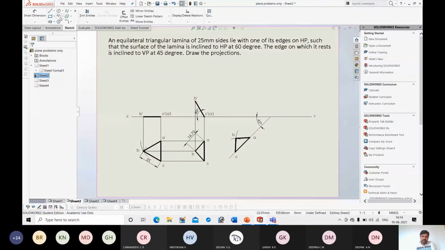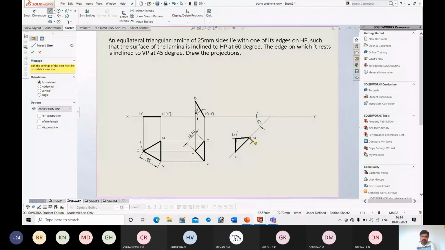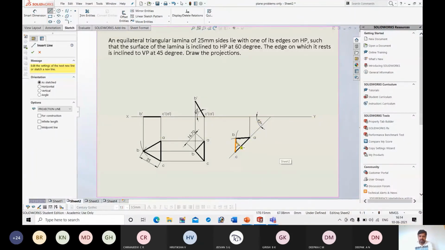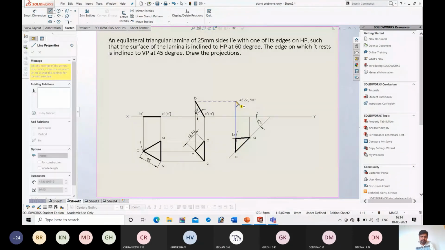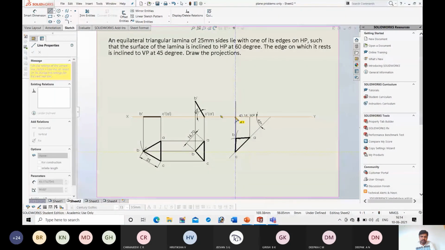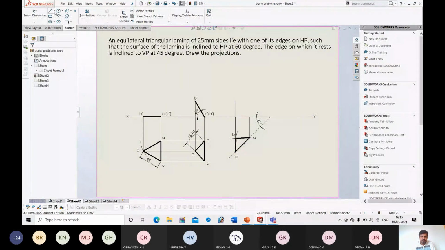This is point A. So here point A will be on XY, so I will draw a projector. Next point B, so from here also I should draw a projector. Next point C. If it overlaps, or if it doesn't overlap, no problem. Wherever you get it, write that point. Next, connect these 3 points. Before that, from B also you should get a point.